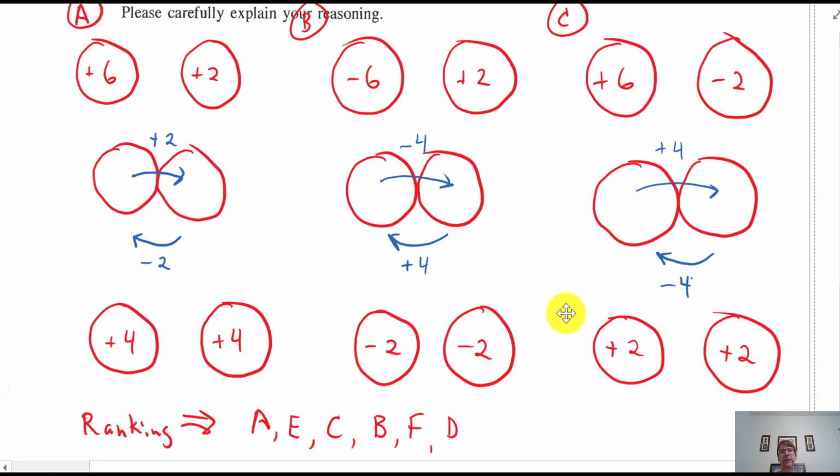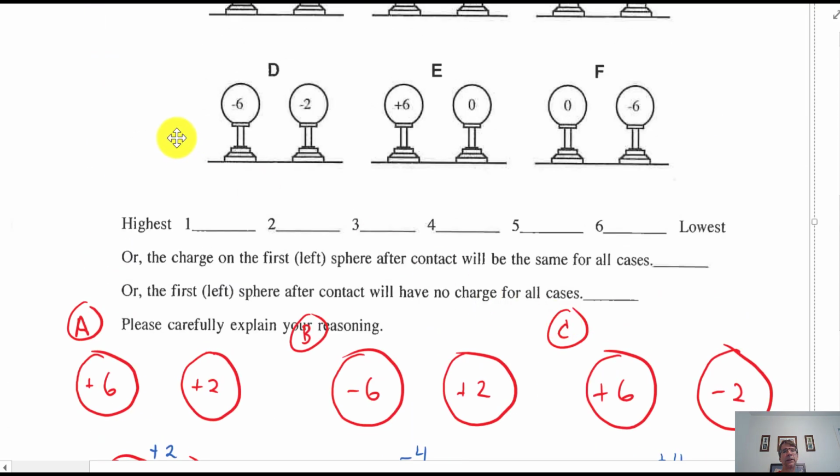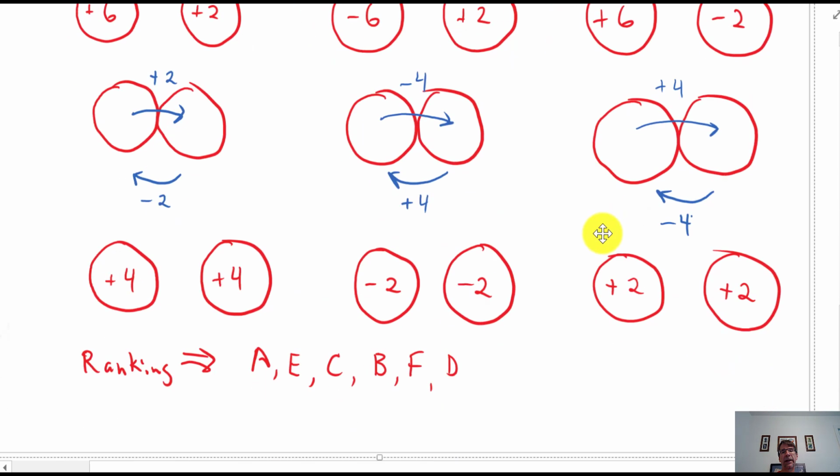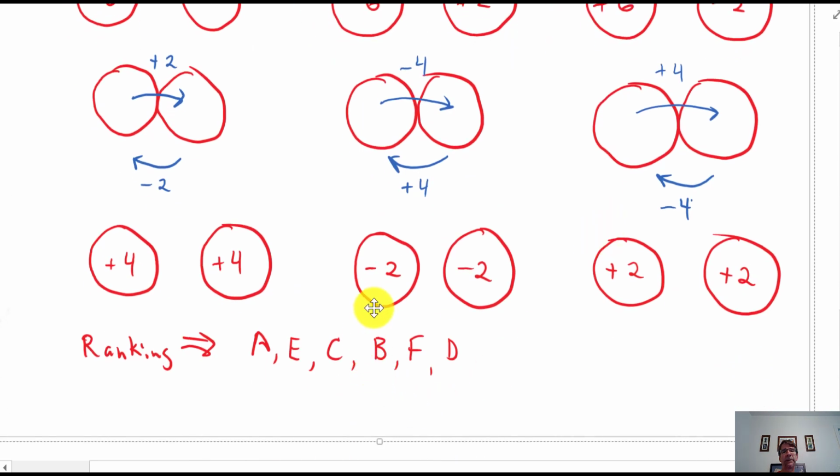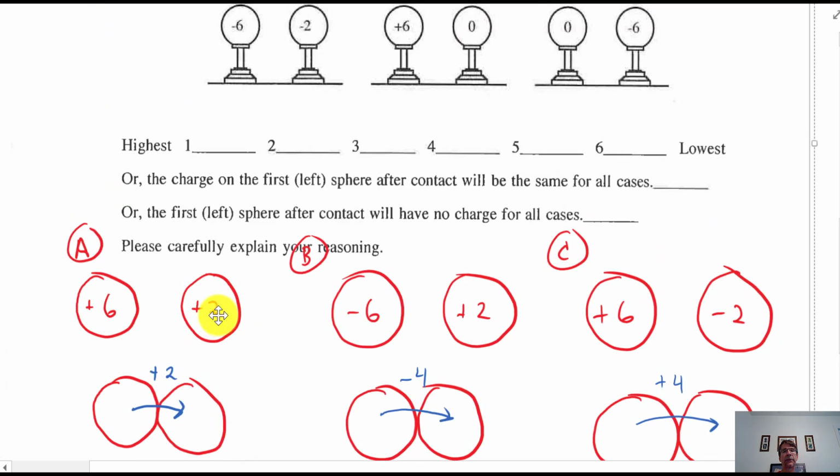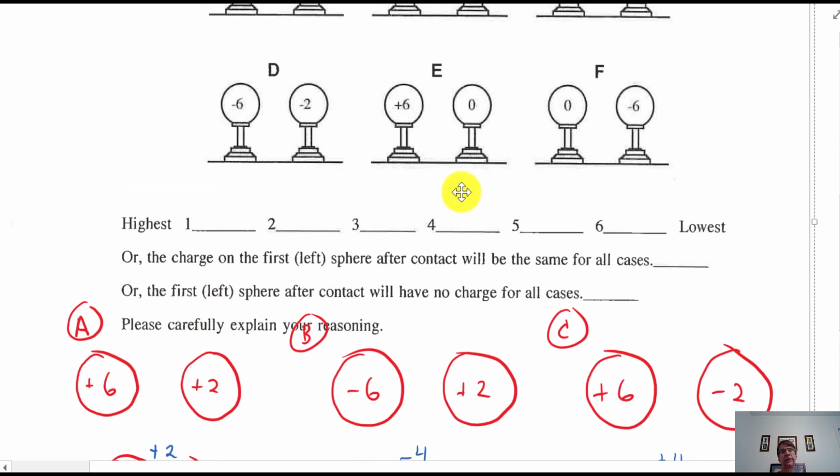If you look at the net charge, D, okay, because a negative 3 is less than, I think in D, A, B, C, D. Yeah, each one is going to have a negative 4 on each sphere in this one. In D it's a negative 4. On F it's a negative 3 on each sphere. That's why those are the last. And B I think had a negative 2. Yeah, negative 2. And the other ones have positive charges, A, E, and C. A is a positive 4. E was positive 3 on each sphere. So we're just ranking them by the net positive charge on the left-hand sphere. Okay,